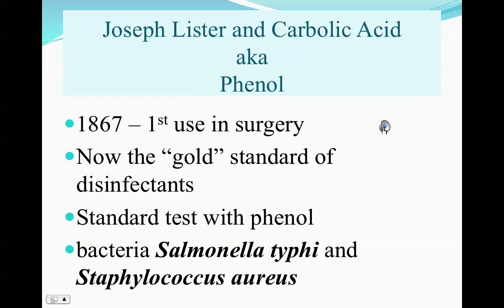Now, in 1867, Joseph Lister used phenol in surgery for the first time. He had observed years before that farmers used carbolic acid, which is another name for phenol, to control anthrax and various kinds of diseases in their farm animals. He saw that the farmers would simply splash the carbolic acid, or we also call it phenol, on the hay and the bedding, on the stalls, on the wounds, just using it as we would today, like an antiseptic and